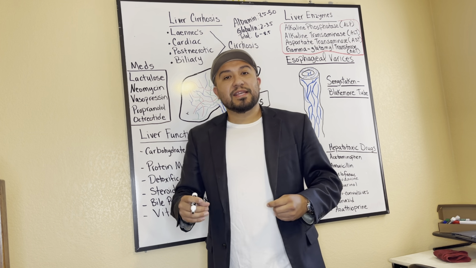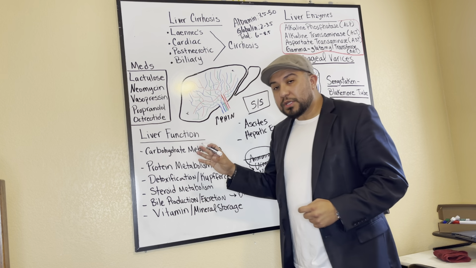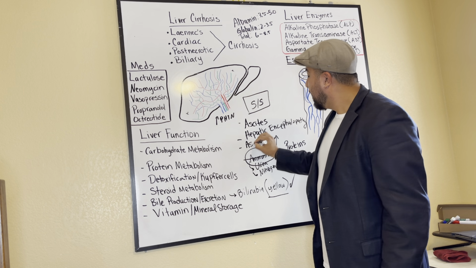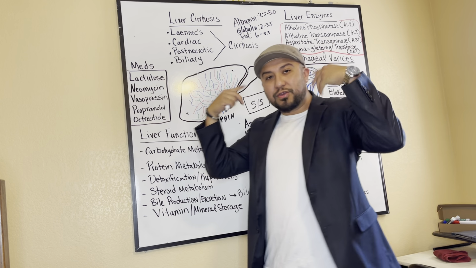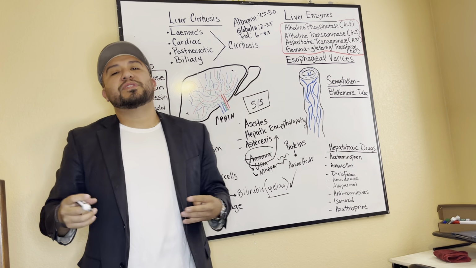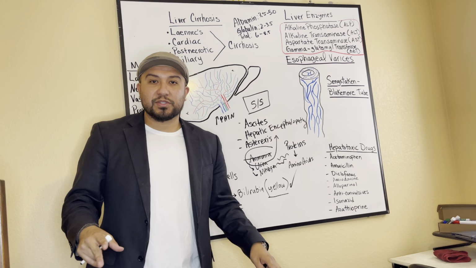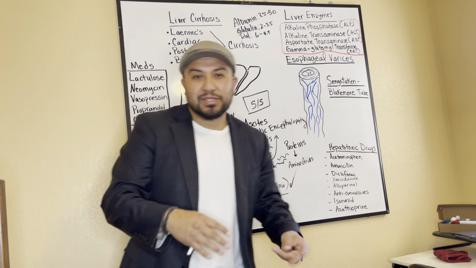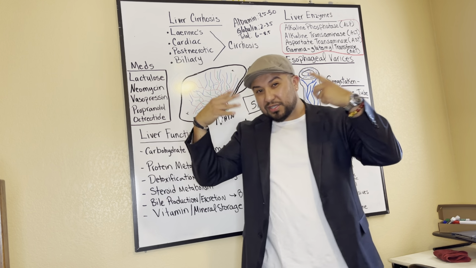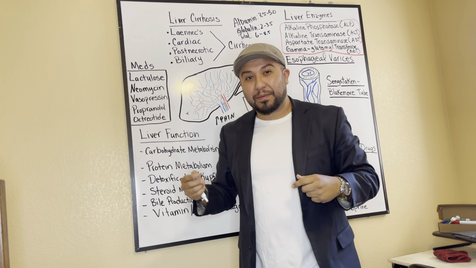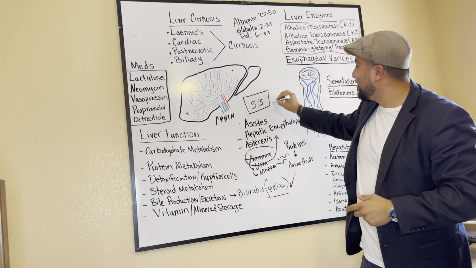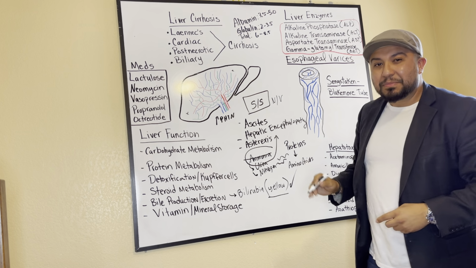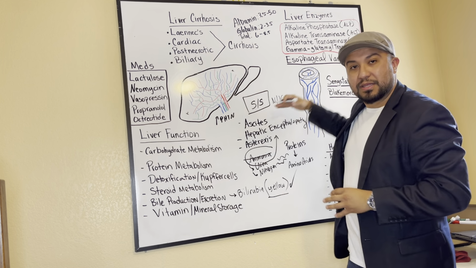Okay, folks, and this can contribute to something called asterixis, which is a flapping tremor, because your brain, your nervous system, is having a difficult time communicating with the rest of your body as well. The patient's level of consciousness is going to be changing because you have all these toxins in the system, in the bloodstream. People with liver cirrhosis also develop basic elements like nausea, vomiting,